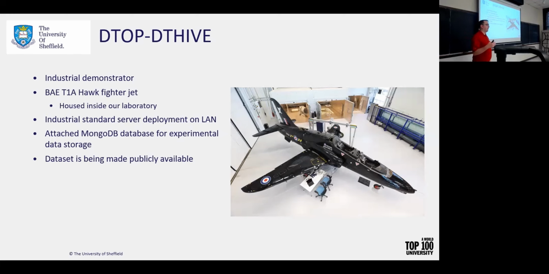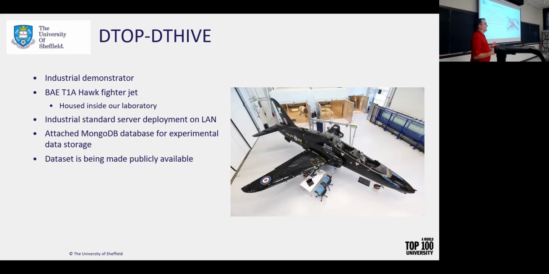Since then, we've come into a fighter jet. We have a big lab at Sheffield called the Laboratory for Verification and Validation, where we have a fighter jet in there. We also have a full helicopter in there. And so we have these fully available to us. We can do whatever testing you want to do on that. So we decided to use one to create a digital twin of one of these systems. So we've chosen the fighter jets.